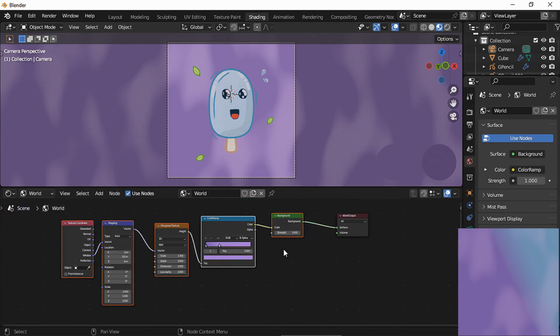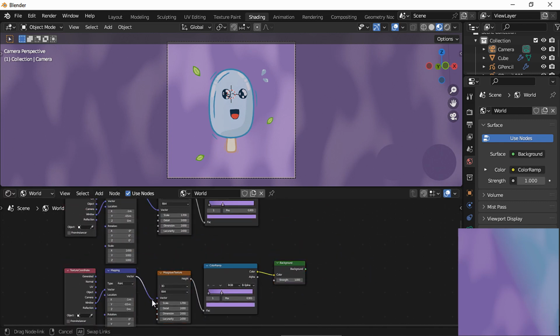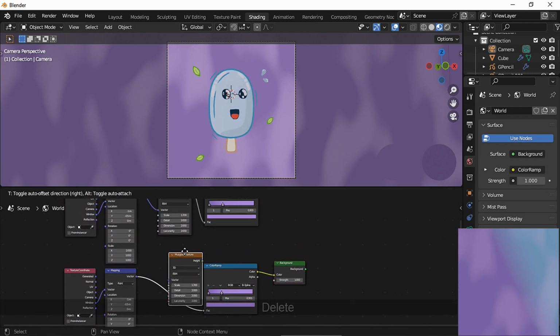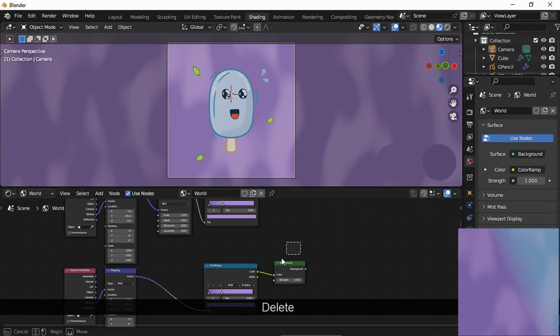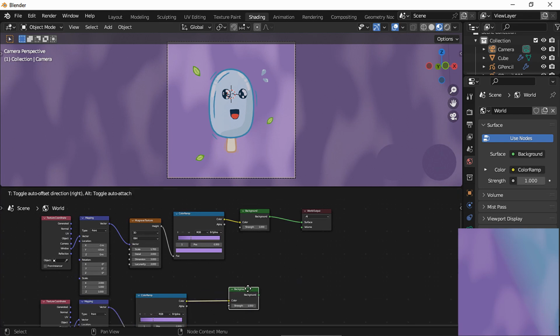And to add a gradient, duplicate all these nodes. We don't need this Musgrave Texture node. And to combine the shapes and the gradient we are about to make, we need a Mix Shader node.